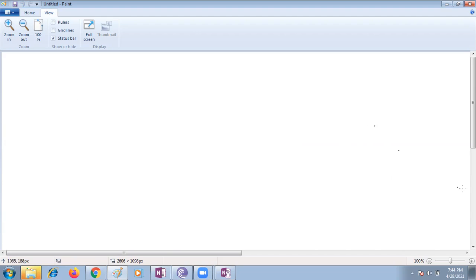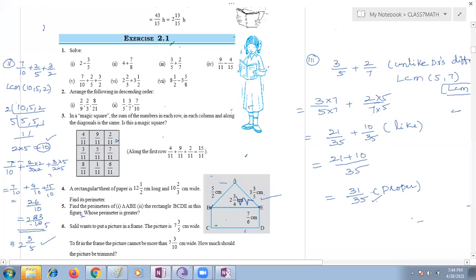What's Mahavir's answer? Ma'am, I was not able to see. I was not able to do the question. Okay, if you tell the question, I'll do it now. 8 1 by 2 minus 3 5 by 8. Same procedure as we did addition, the same way.